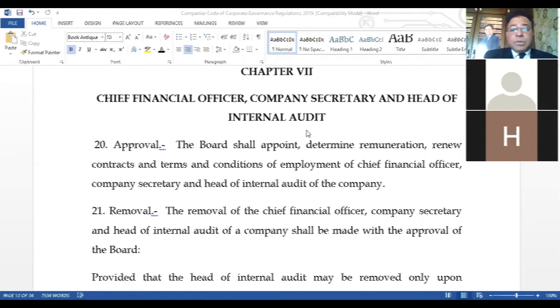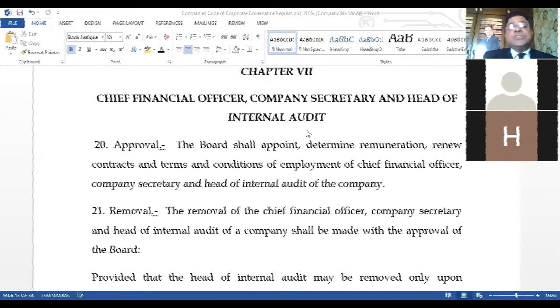Right. So, of course, the word shall denotes that this is the board of directors' duty to appoint the chief financial officer for the company, and to appoint the company secretary and head of internal audit. These three are, in fact, very important personnel for a company. They have key importance